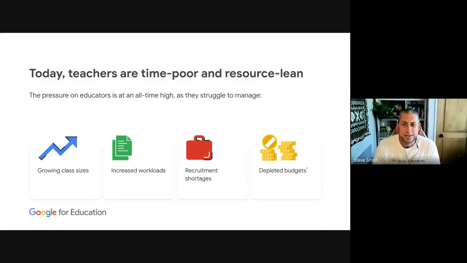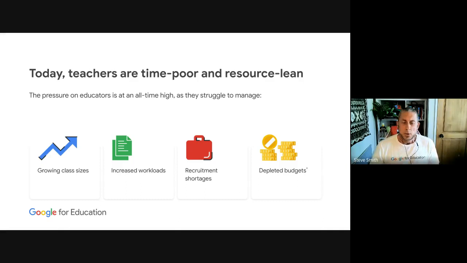Kia ora, everyone. Welcome to this bit. I'm Steve, I'm from New Zealand. I'm looking after education in New Zealand for Google, amongst the wider team who looks after Australia, New Zealand, and some of us are dabbling across into Asia Pacific as well. The aim today is to talk through managing Chromebooks, and why you'd manage a Chromebook as opposed to just bring your own device, sometimes known as bring your own disaster, depending on how well it's going. We'll have a look at a couple of reasons why we recommend that you should manage your Chromebook.